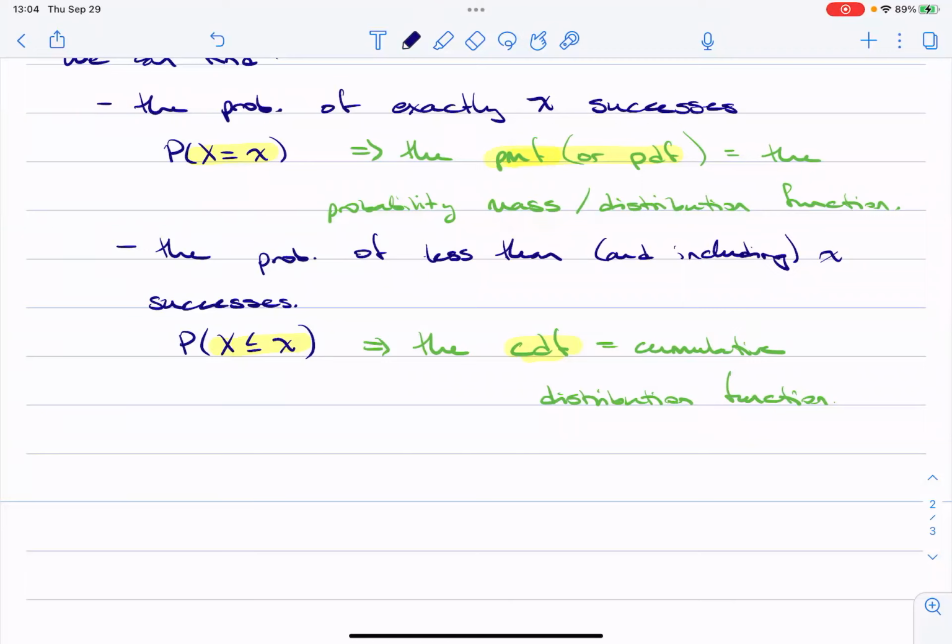We also saw that as we increase the number of trials, it becomes kind of hard to do the calculation by hand for the binomial, right? If I have 42 trials, 42 choose, let's say 9, I don't know if my calculator is going to know that number or if it's going to be too large. So what we said is, as we increase our sample size, or the number of trials, the binomial kind of shifts and morphs into the normal distribution. So then we can use the normal approximation to the binomial.